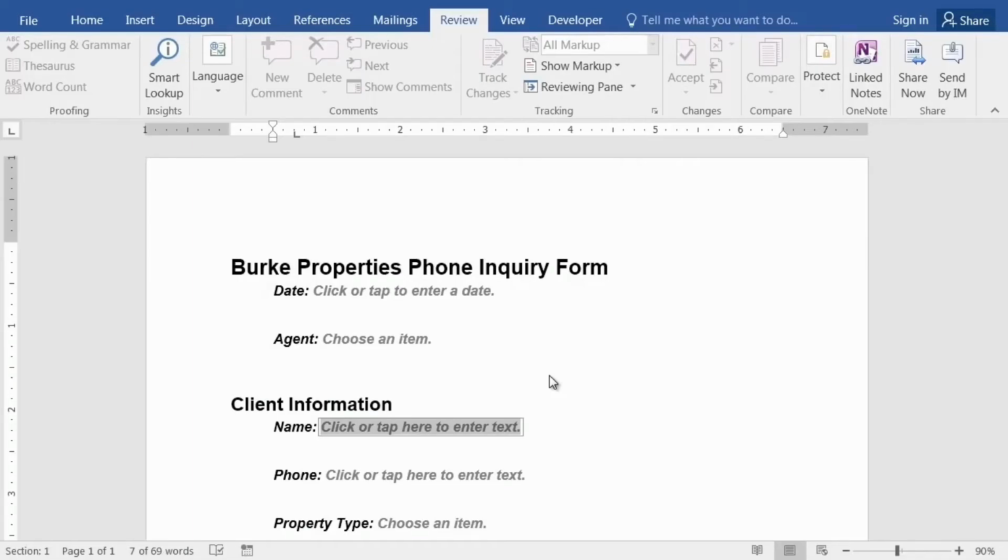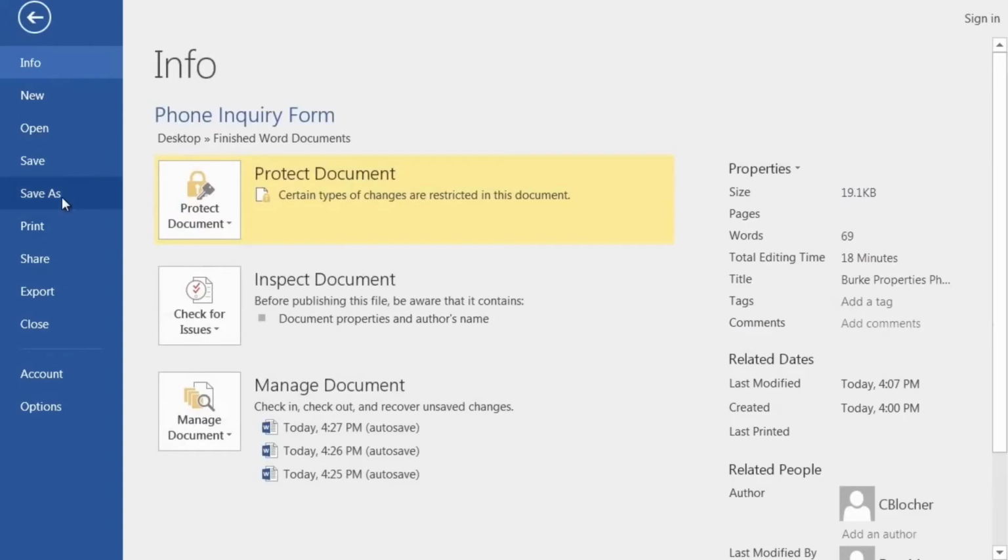And that way, all the receptionist has to do is say, I'd like to make a new document. The templates appear. They choose the personal templates, and then they open the phone inquiry form because they won't have to look through a whole lot of documents that way. So here I go, saving this thing as a template. File menu, Save As,